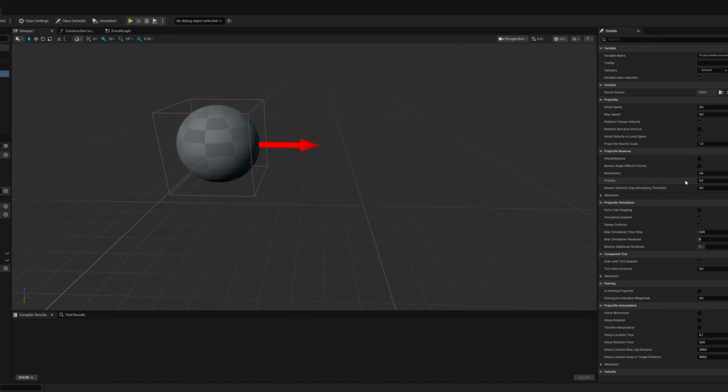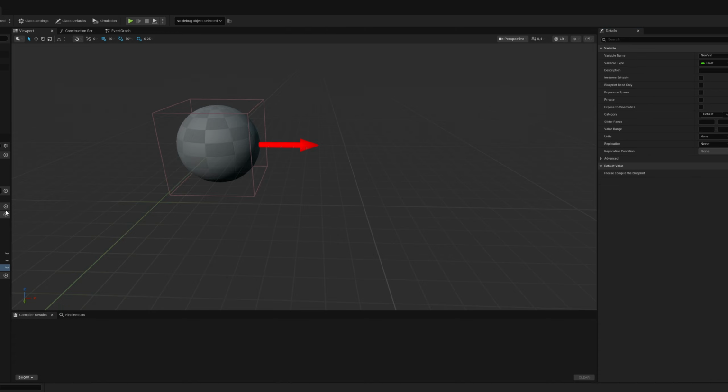Should bounce if you wanted to bounce, friction, all of that sort of thing. And then we're going to come over to homing projectile. So we need to see if it is a homing projectile. And then we also need to work on this homing acceleration. So create a new one, call it is homing projectile,